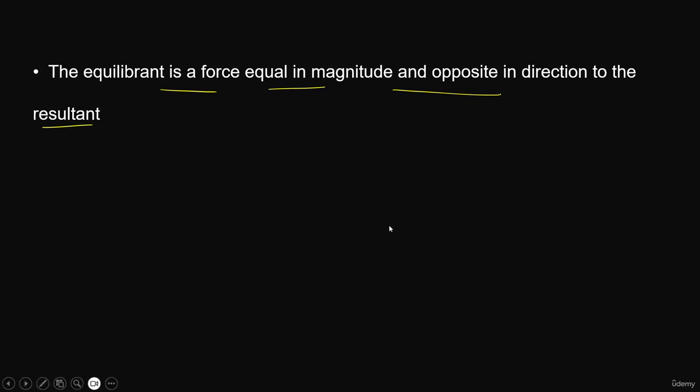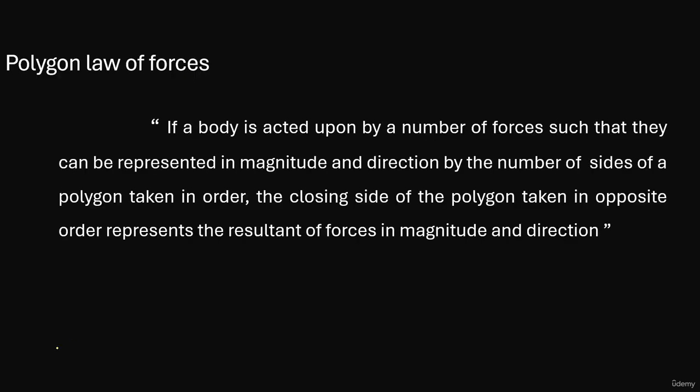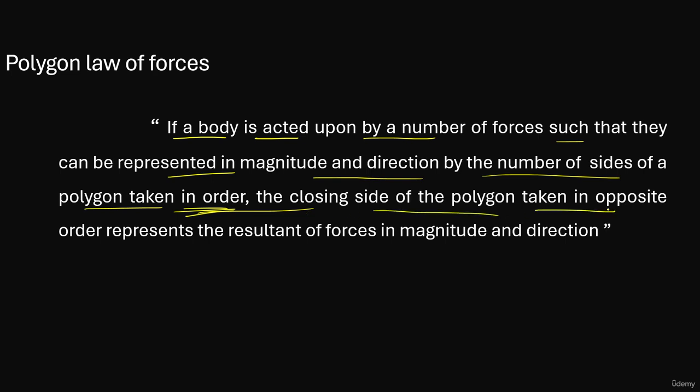Next concept after the triangle law, we will extend this with another one called the polygon law of vectors, or it is also for forces. So here it says that if a body is acted upon by a number of forces such that they can be represented in magnitude and direction by the number of sides of a polygon taken in order, the closing side of the polygon is in the opposite sense, and represents the resultant of the forces